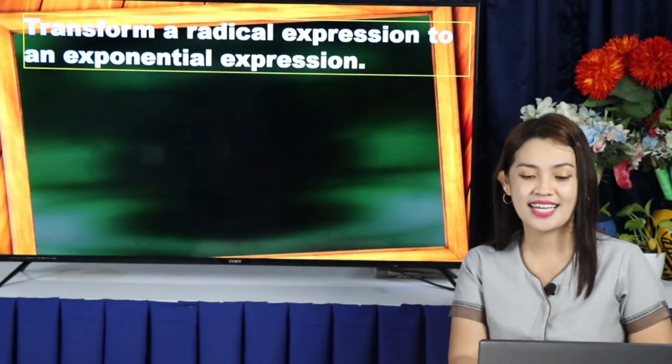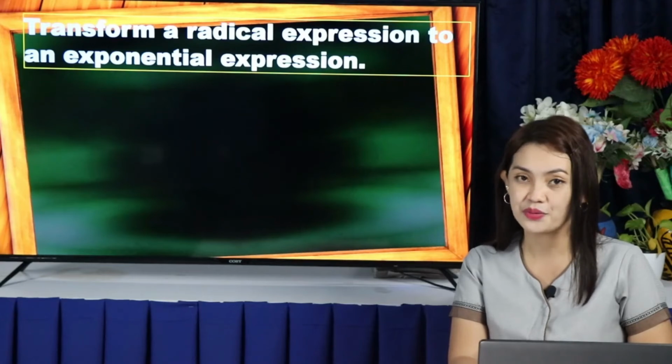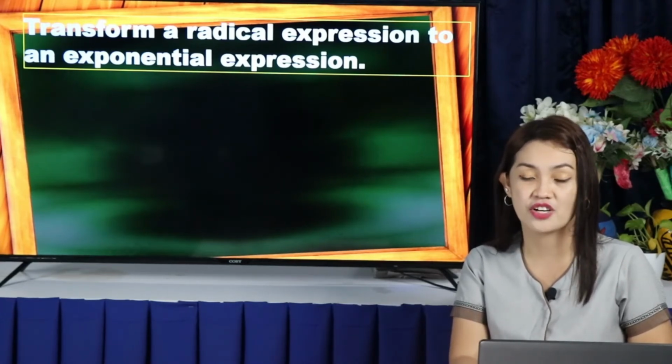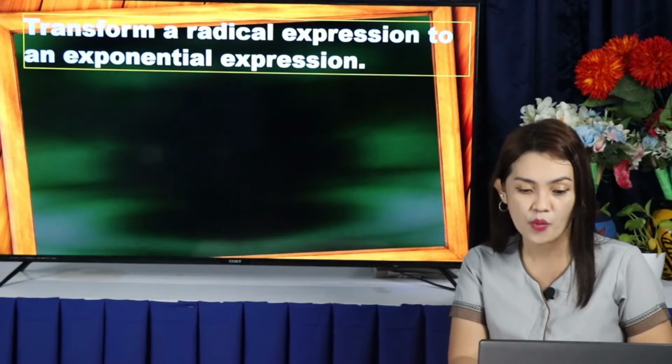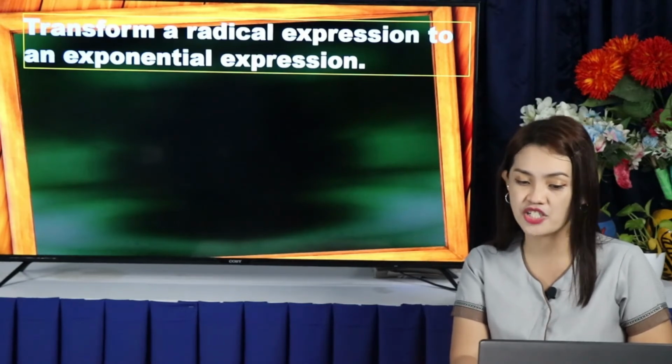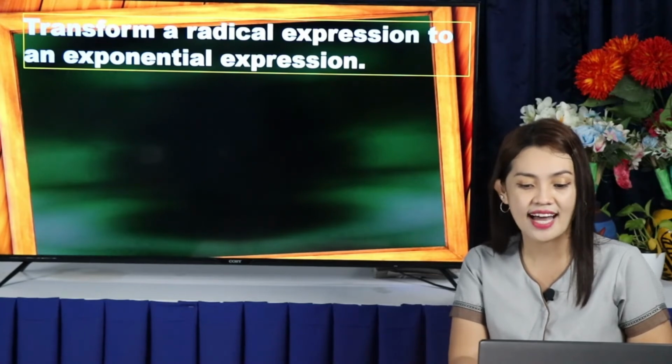Let us now proceed in transforming a radical expression into an exponential expression. Take note, we can change any radical expression to rational expressions just by using the index of the radical as the denominator, the power as the numerator of the rational exponent of the expression, and the radicand as the base